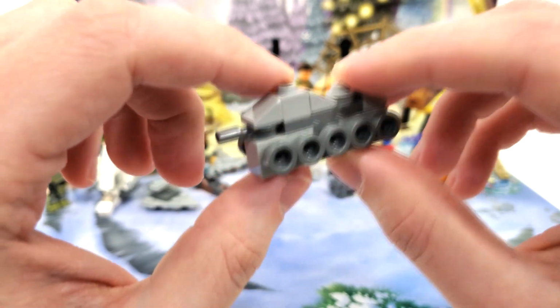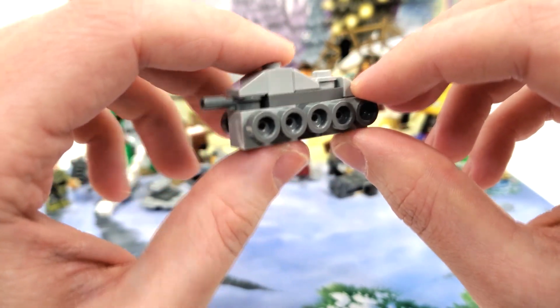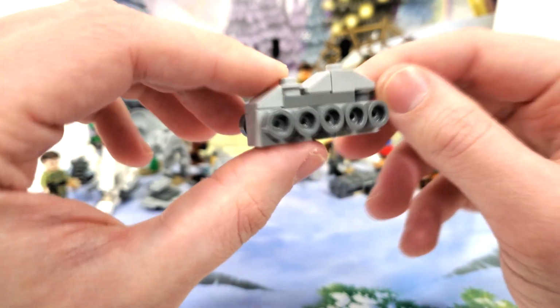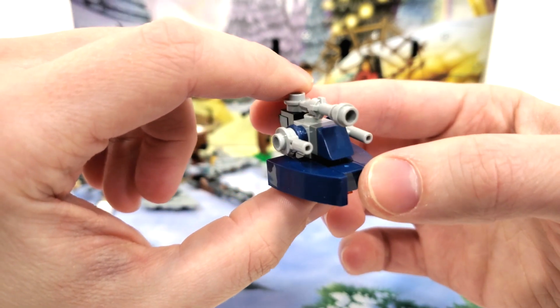This is a set that I am really surprised that we haven't got a brand new one of yet. Maybe next year in 2024. We'll have to wait and see. Get all of these stamp pieces to represent the wheels, get your gun from the backside, and just the general design works very well. And then finally we have what is probably my favorite of the Clone Wars builds, this